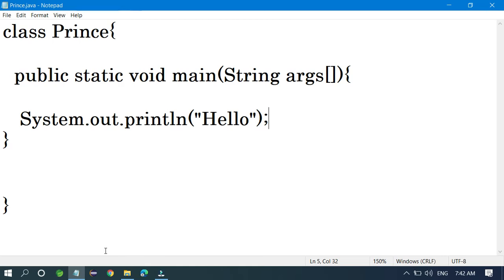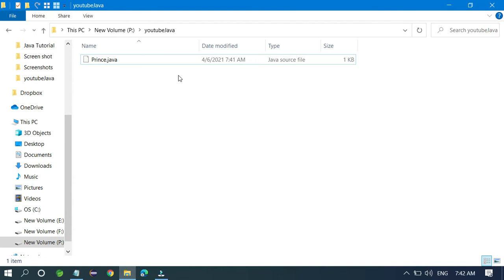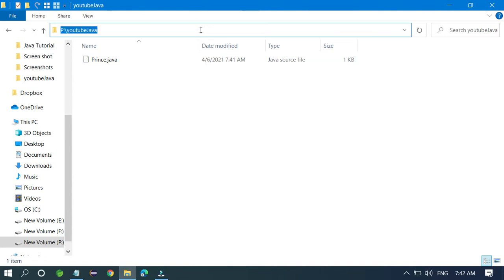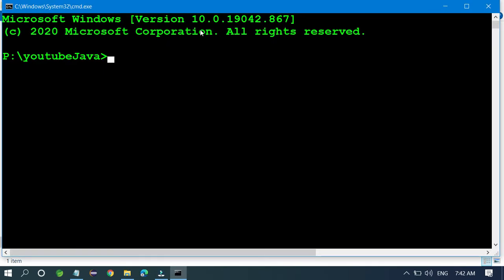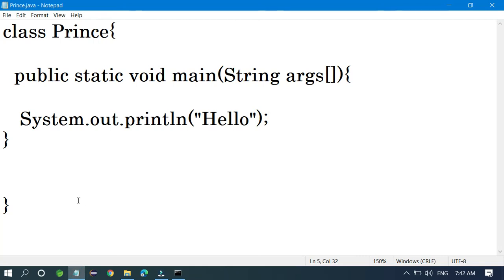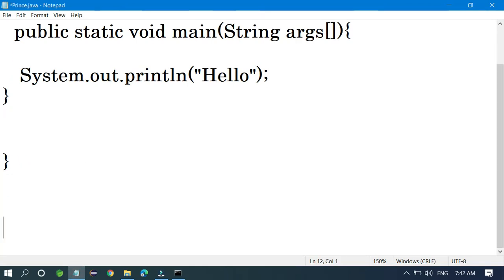Go to your files, and you don't need to do anything else. You just click here in the address bar and write cmd. If you write cmd, your terminal opens. Then you have to write the compile command. In Java there are two commands, which I will discuss.